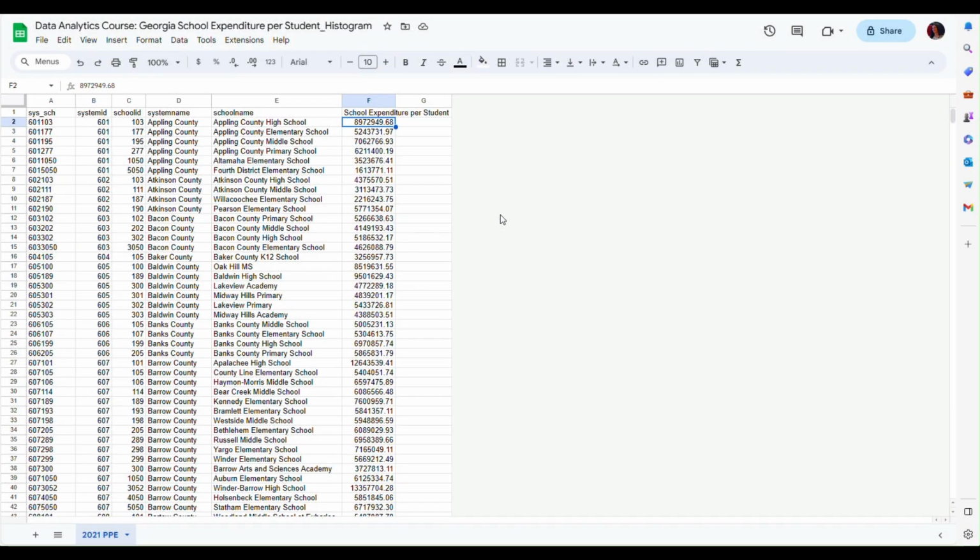Hello, in this video I will show you how to create a histogram with Google Sheets. A histogram is typically used to illustrate the distribution of a quantitative variable. A quantitative variable is a variable that has numerical values, and most often we use histograms to illustrate the distribution of continuous quantitative variables, and these are variables that have decimal points or can have an infinite number of decimal